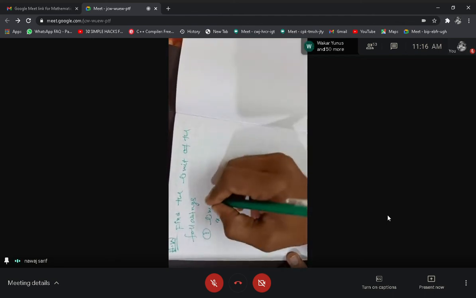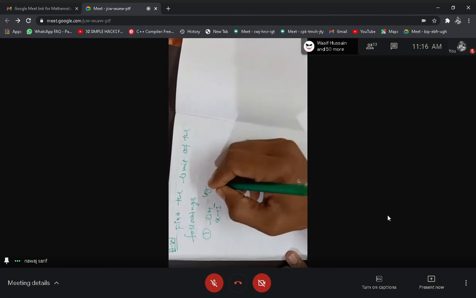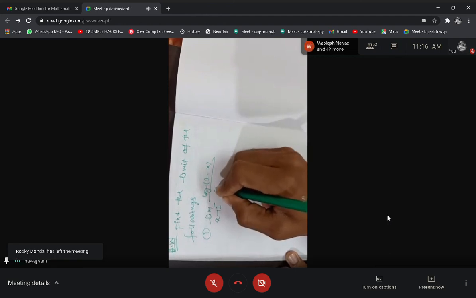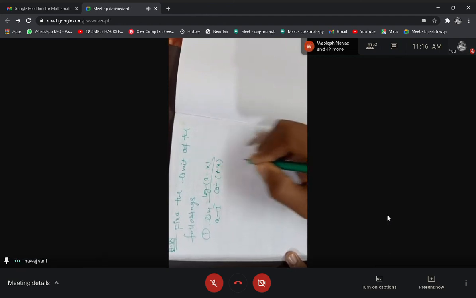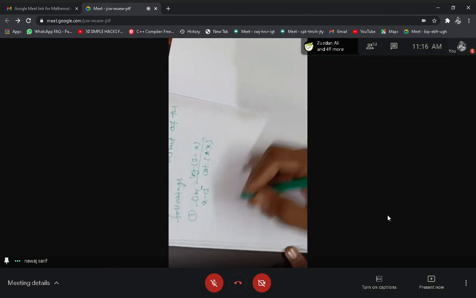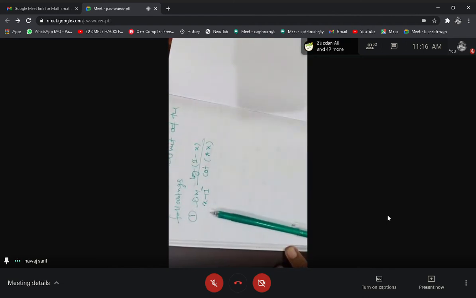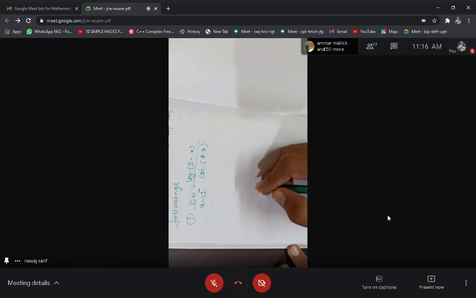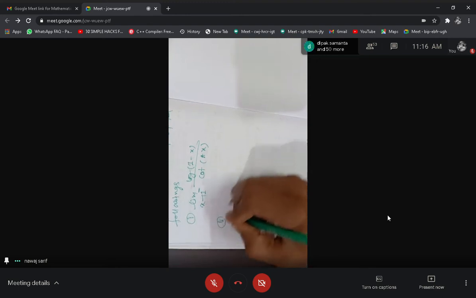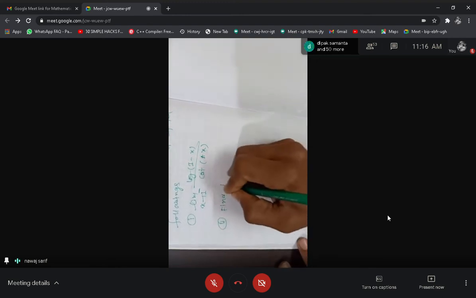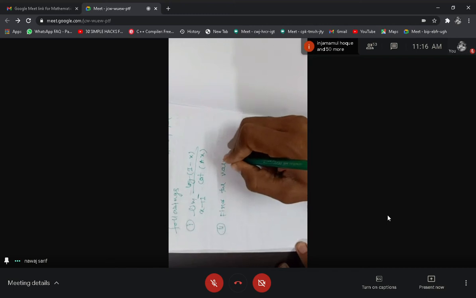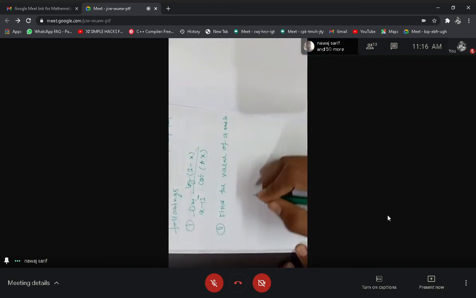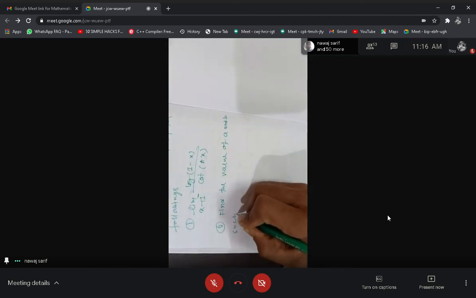limit x tending to 1 minus log of 1 minus x divided by cot of pi x, then find the value of a and b such that